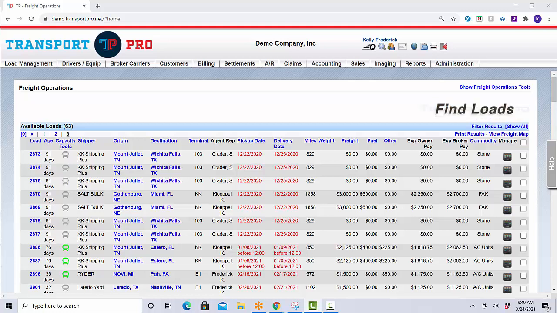This video will show you how to set up your fuel cards in Transport Pro. Please note, our supported fuel card providers are ComData, EFS, Fleet One, Loves, and TCS. The information that we request from you to set up the fuel card integration may vary a little bit depending